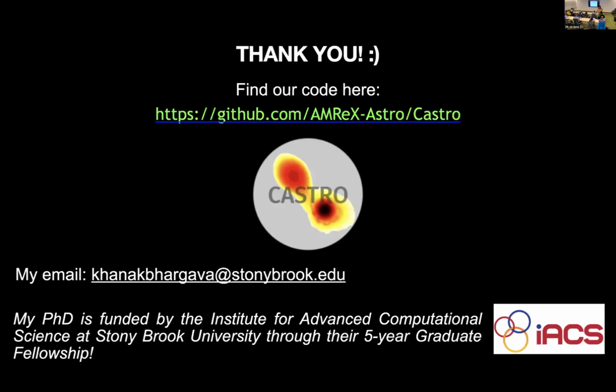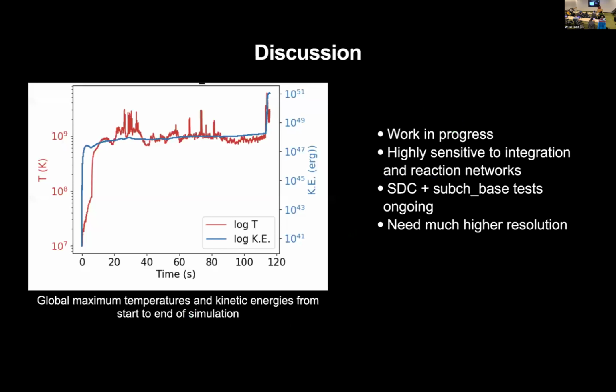And then this is a plot of just analysis. This is just the thermodynamics, looking at the temperature. This is a quick check to make sure that there is in fact a detonation and it's not just burning away its material. Over here we can see that from 1 billion Kelvin, we literally go to like 2 billion Kelvin. And that's just a way to check that it does detonate. I think that's all.